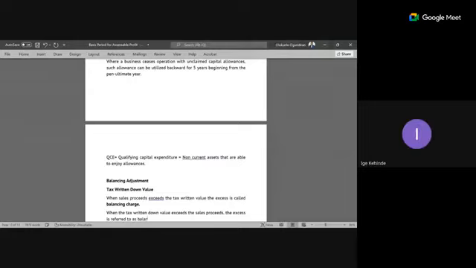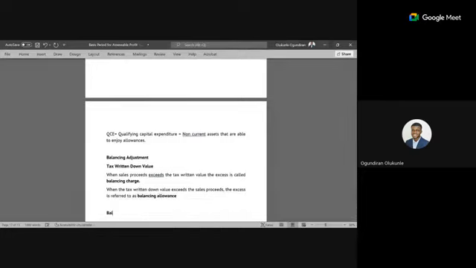Balancing allowance. Yeah. So your balancing charge and balancing allowance are both referred to as balancing adjustment. So balancing adjustment